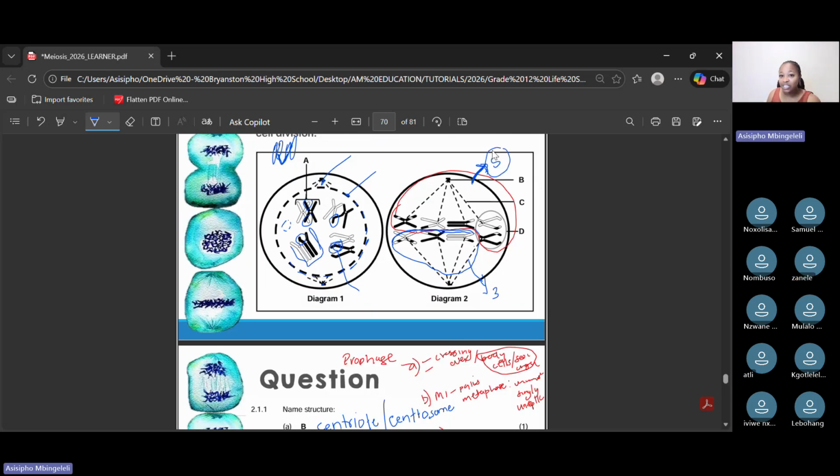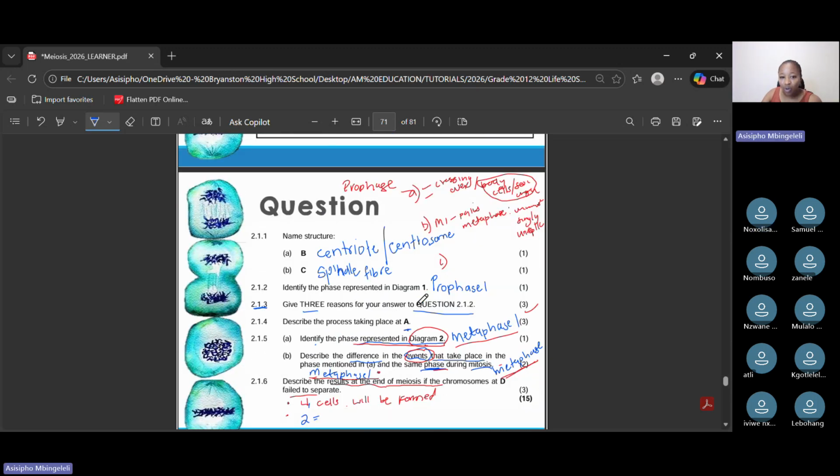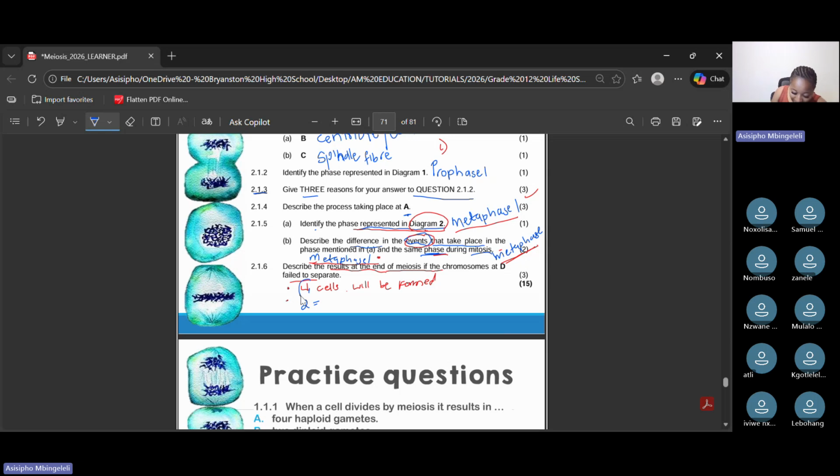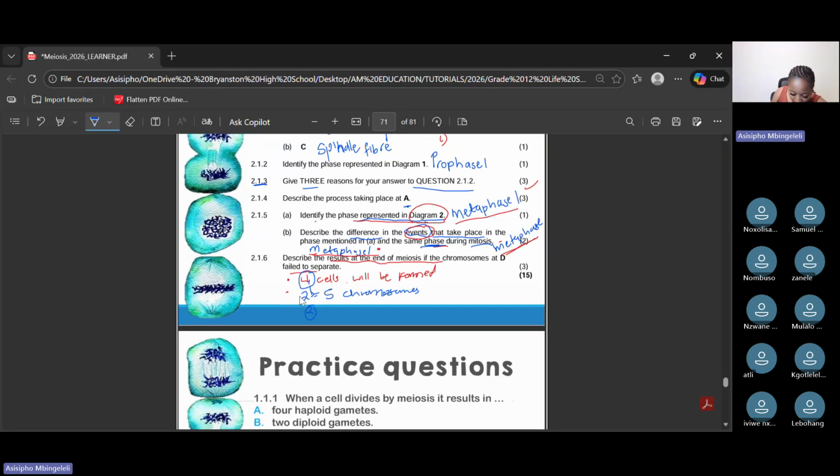How many chromosomes each in the 2 cells? 5 chromosomes. Correct. From the 4 cells, 2 of those cells are going to have 5 chromosomes each. And what will happen to the other 2 cells? How many chromosomes will they have in each cell? They'll have 3, ma'am. 3